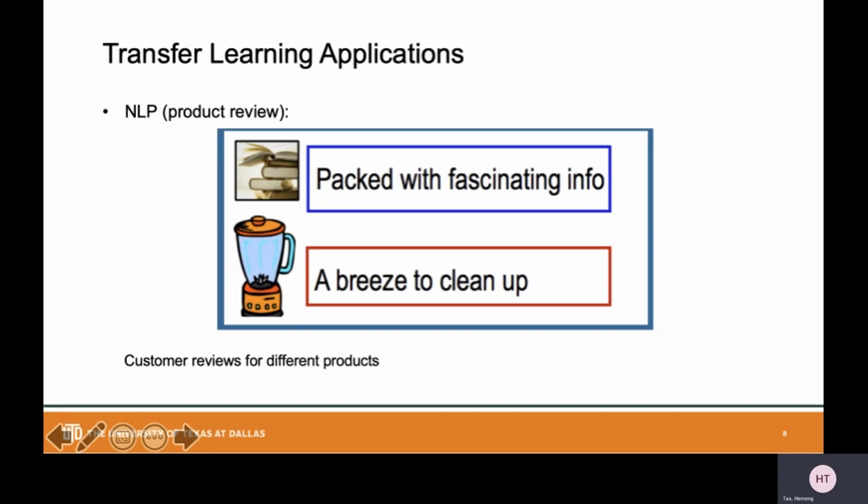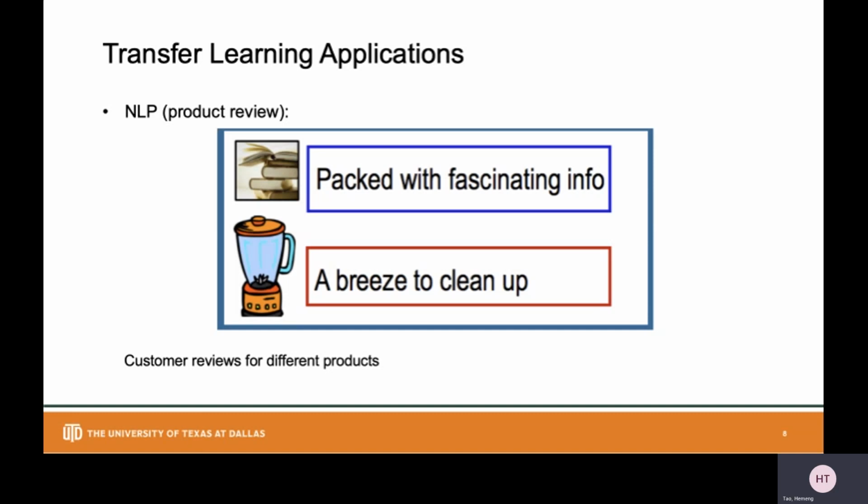So in this case, we can still apply transfer learning to utilize the transferable knowledge learned from label-rich products. For example, if Amazon has just released a new product, we can barely collect any label information, right? Because it's a newly released product.